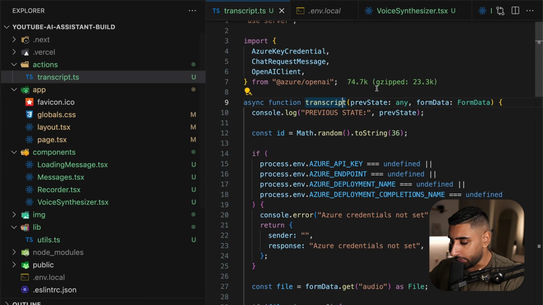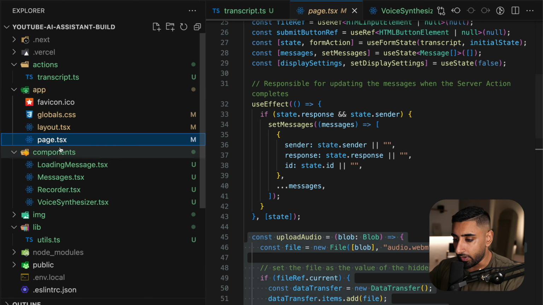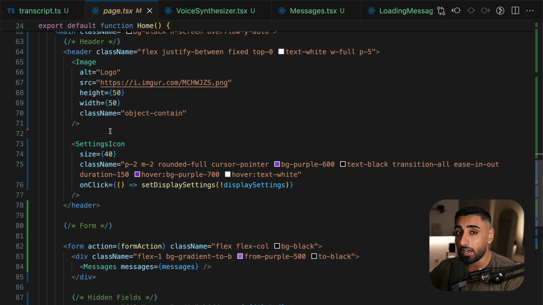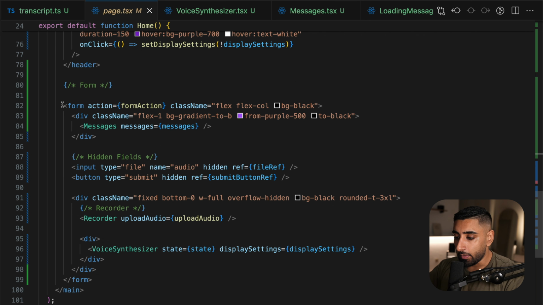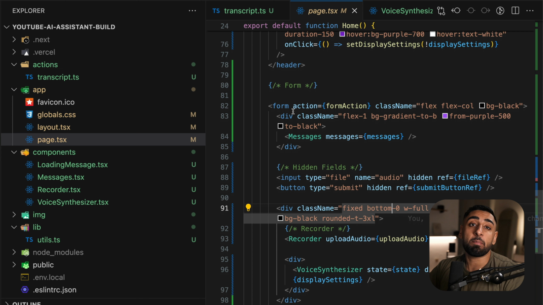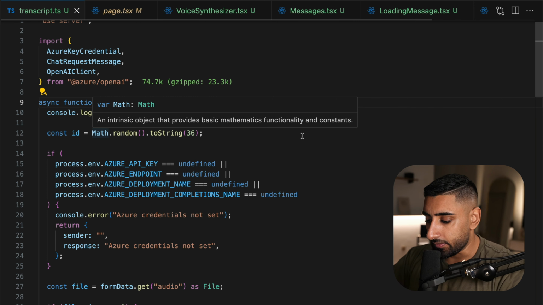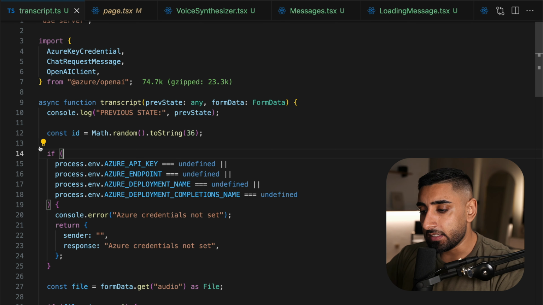Now, at this point, what we can see is over here, we have our page. And inside of our page, all we've done is the exact same setup for the environment files, but here we have a form, and all we have in this form is a file input to select some audio. Now, I'm not going to go too far into the detail, but the main magic happens when we submit our form. So inside of Next.js, we have something called a server action, and this is where the magic